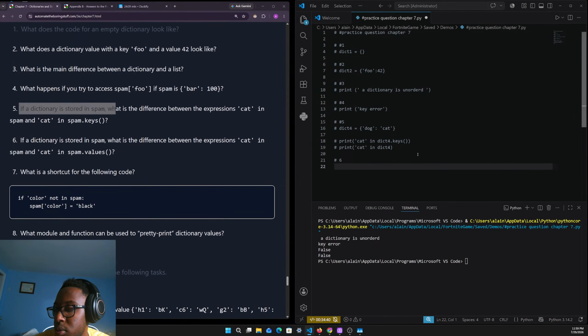Color spam. Color. I mean, more context. Like, what do you want to do with this program exactly? You just want to make color equal black. If that's all you want to do, then